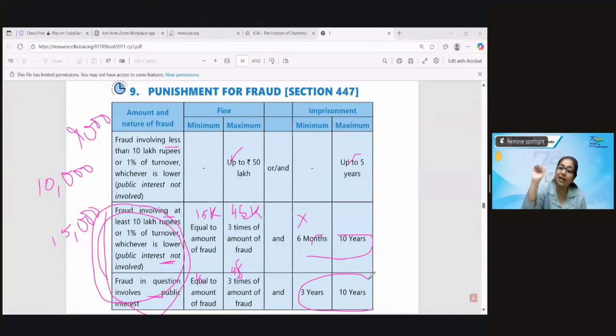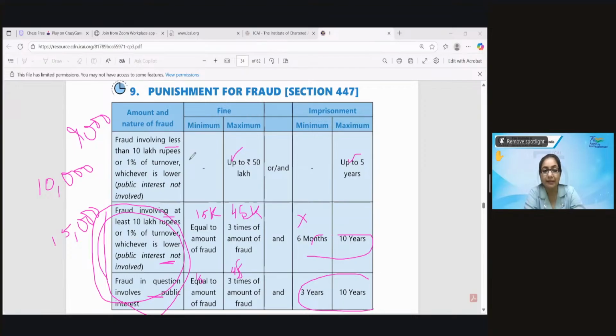बट अगर फ्रॉड ही छोटा है तो 50 लाख 5 years, ये तो 5 से याद हो रहा है हमें। 5 10 50, 50 लाख 5 years. सो अगर फ्रॉड कम है, पहले तो लिमिट लर्न करनी है, 10 लाख रुपीज और 1% ऑफ टर्नओवर. एंड फ्रॉड लेस है, पब्लिक इंटरेस्ट इन्वॉल्व नहीं है, ठीक है ना। यहाँ पे पब्लिक इंटरेस्ट दोनों केसेस में नहीं है, ऊपर वाले दोनों केसेस।